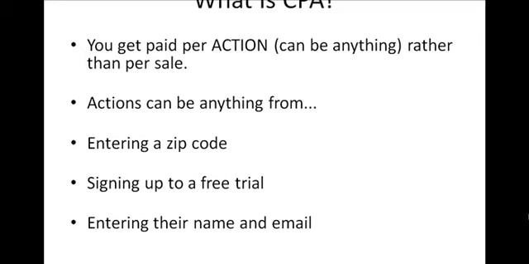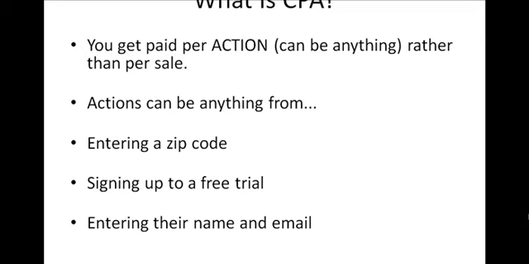And obviously the payouts will vary between these, because a lead that has entered their address, their phone number, everything like that, and has actually signed up to a free trial with continuity and everything, is going to be worth a lot more to the person running the CPA offer than someone just entering a zip code. So bear that in mind. So for a zip code, you might get paid as the lead generator or as the affiliate around $2,